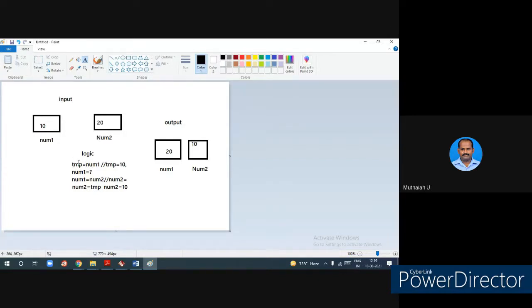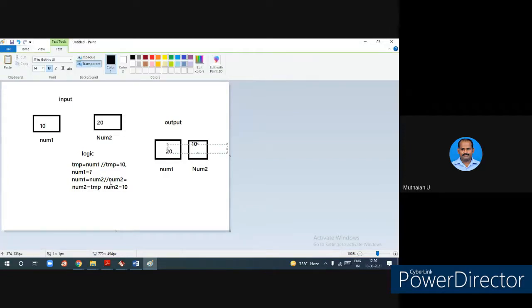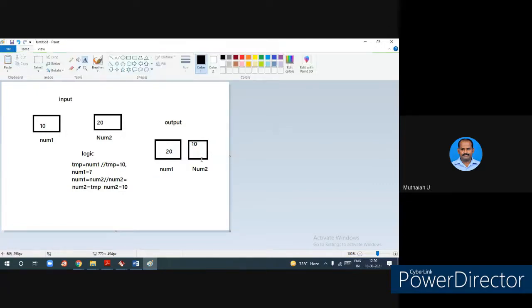Then I assign num2 to num1, which is 20, so num2 is now empty. Already I took a value and assigned it in temp, 10 is there. Now I assign this 10 to num2. So this is the swapping.